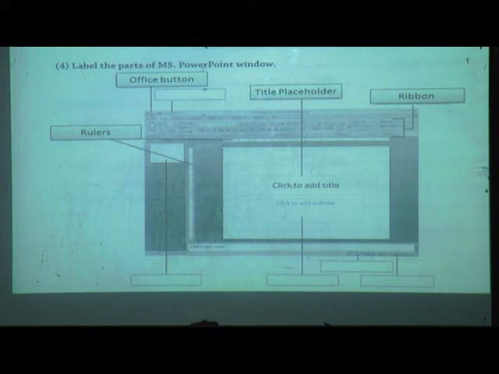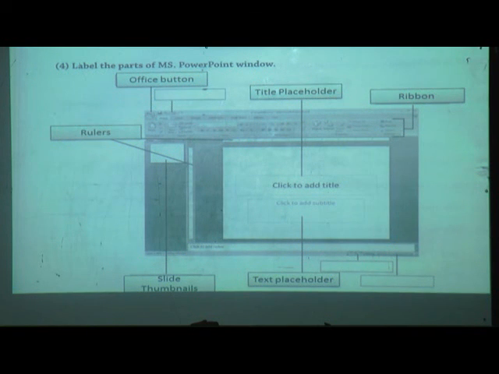Then these two are rulers, vertical ruler and horizontal ruler. Then slide thumbnails. Then next, text placeholder. The upper side is the title placeholder and the downside is the text placeholder.